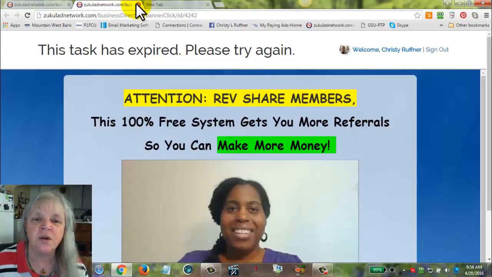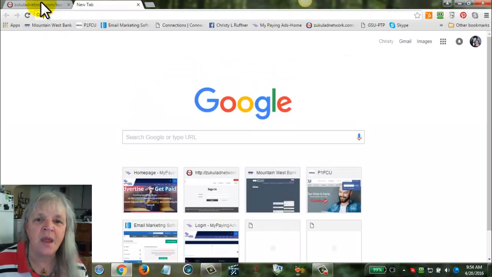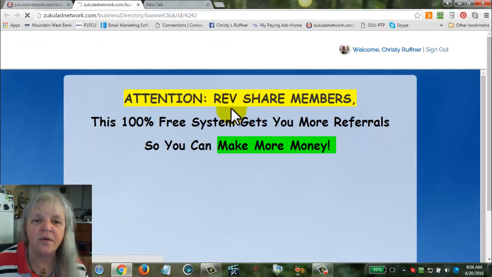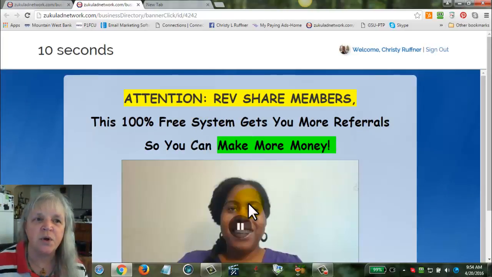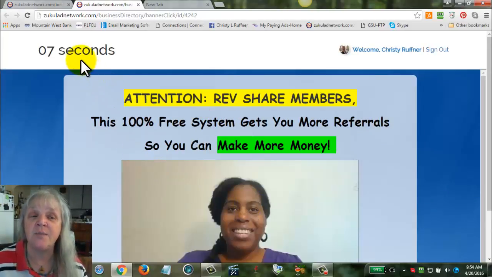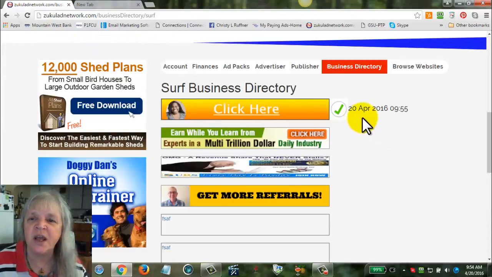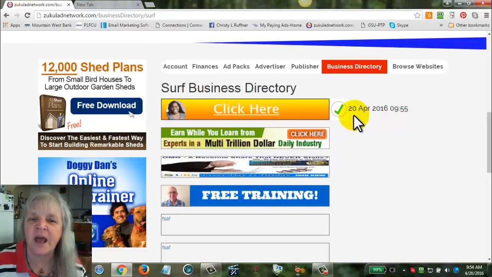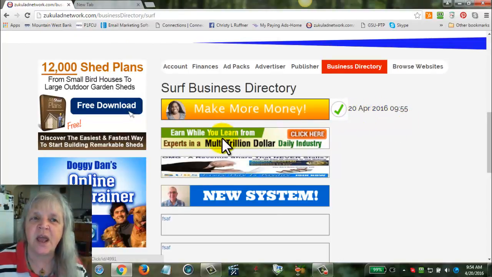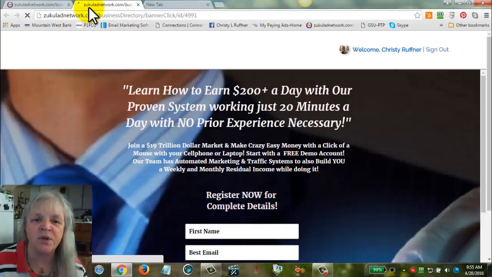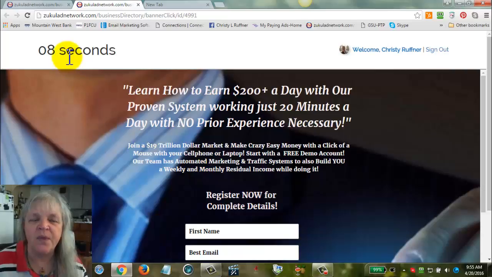So you'll have to close the window, go back, and click the ad again, and it'll open it up again and start the timer fresh. And this time we're going to go ahead and click it in time before it expires, and that will give us credit for that ad. And it closes the window, takes you back to the original page, and you can see here that we got credit for that ad. So then you go down to the next one and you click the banner on that, and again it opens up a separate window and starts your timer.